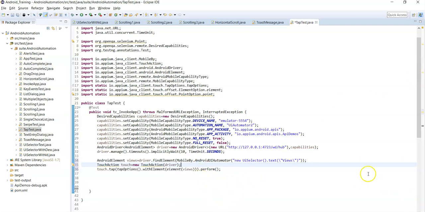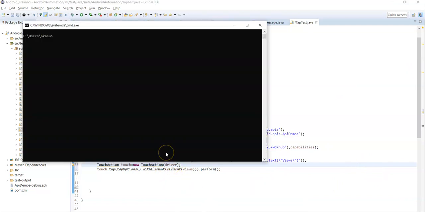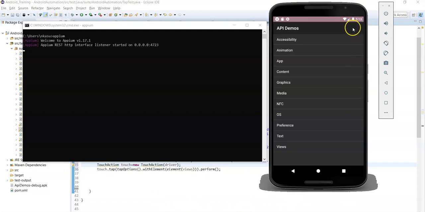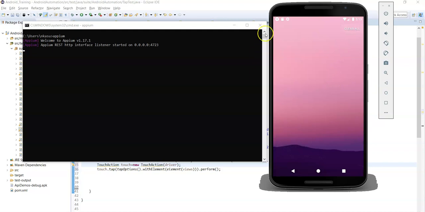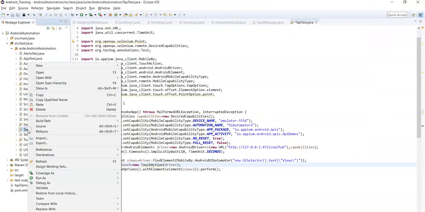Now let's run the script. Before running the script, we need to start the Appium server, right? Close the app. The Appium server is started. Now let's run the tap test class, run as TestNG test.